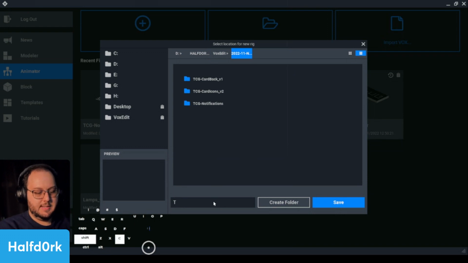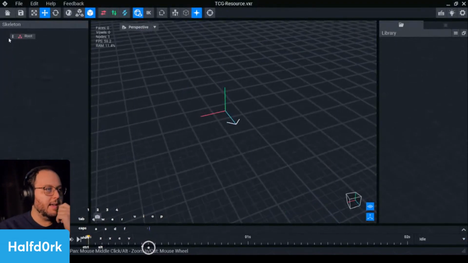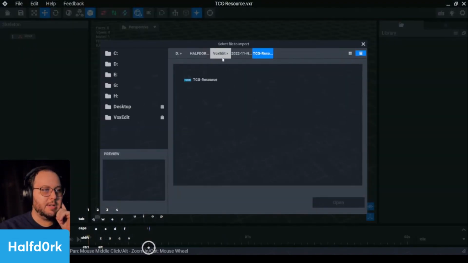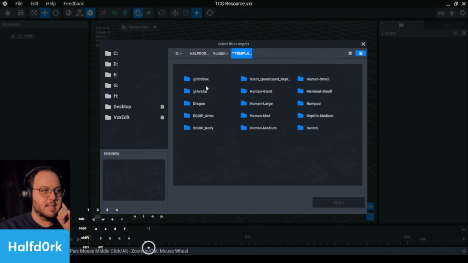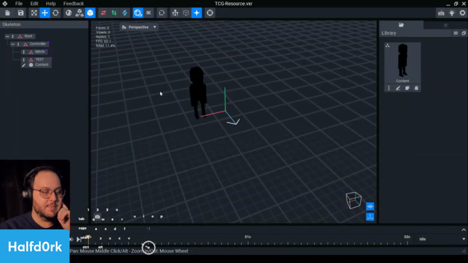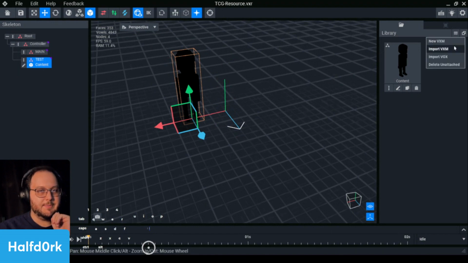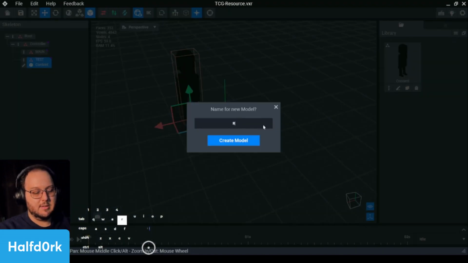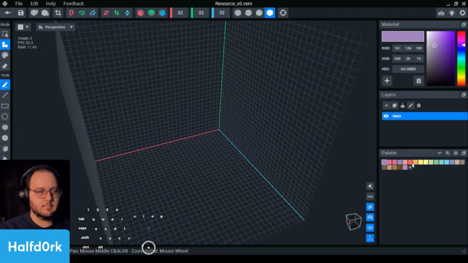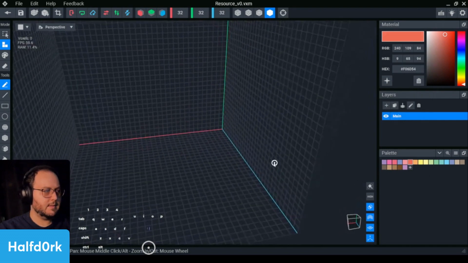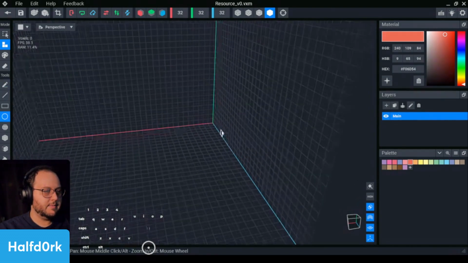New asset will be TCG resource. And again, importing a pre-set up template is always a good idea. So for example, the avatar template, so I can size things appropriately. But I'm gonna make a new VXM. This is gonna be our resource. Oh, this is gonna be V0. And we're gonna make,